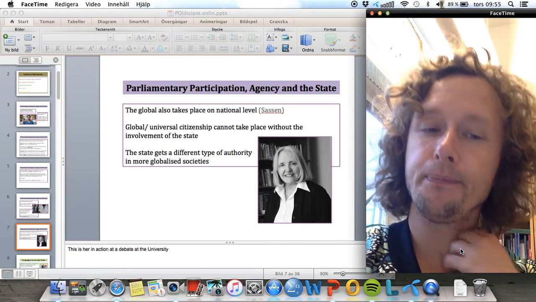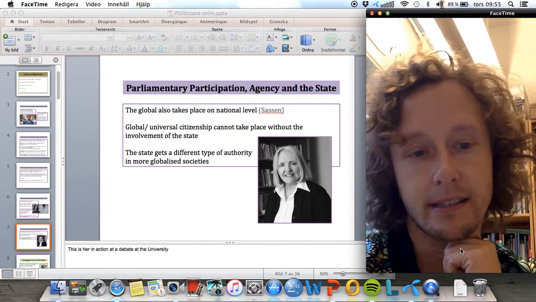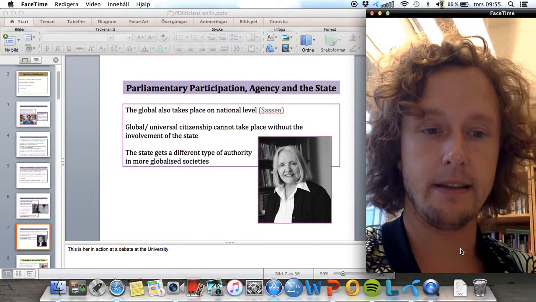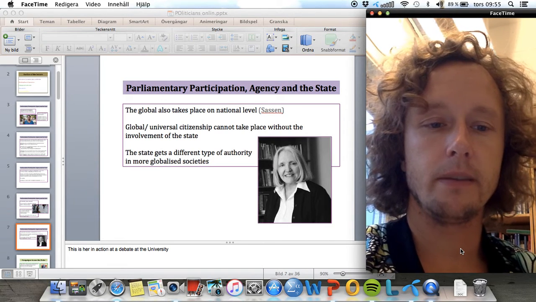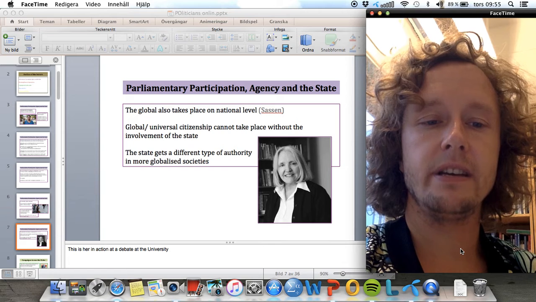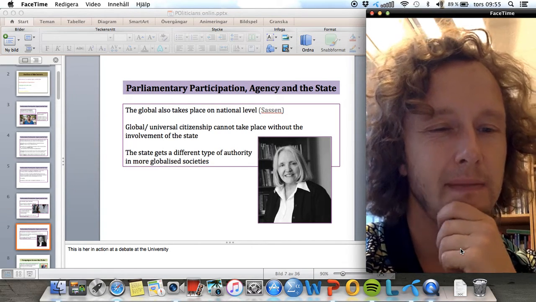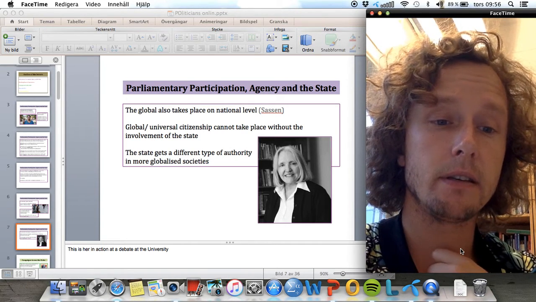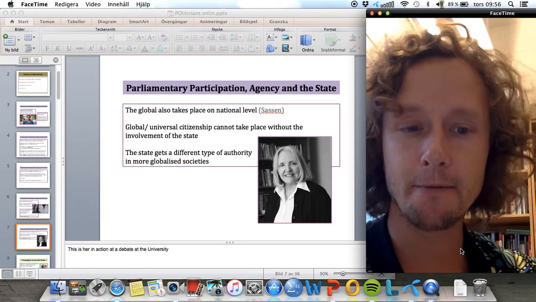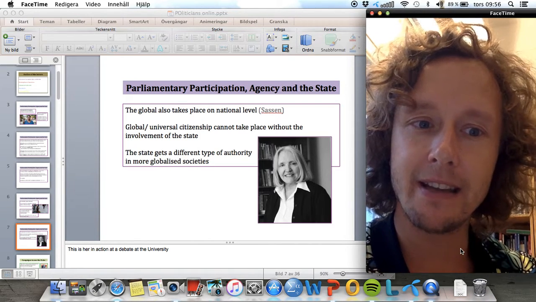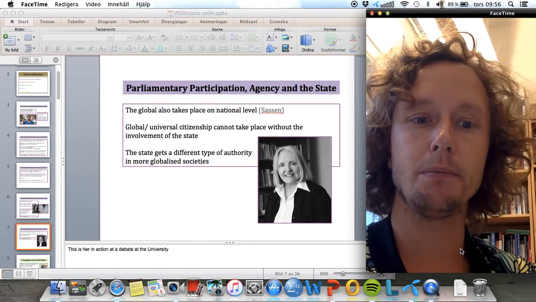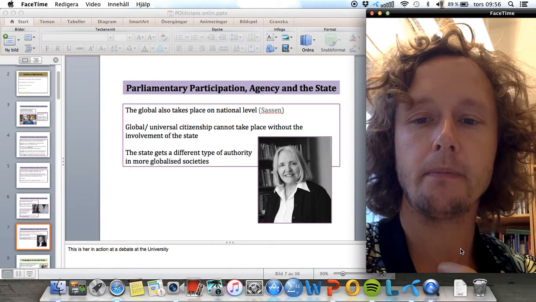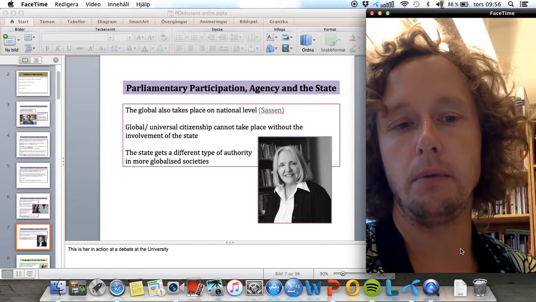One political scientist, you can say, that has been very influential in debates about the state and the importance of the state is Saskia Sassen. You see her in the picture here. It was a long time ago I read something from her, but when she wrote in the 90s and beginning of the 2000s, during the heyday of globalization, the heyday of the discourse that the nation state was becoming obsolete, she actually argued for the importance of the nation state,